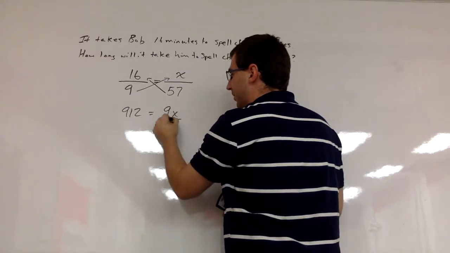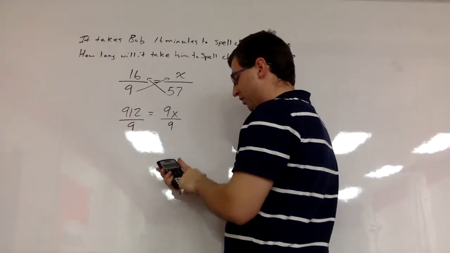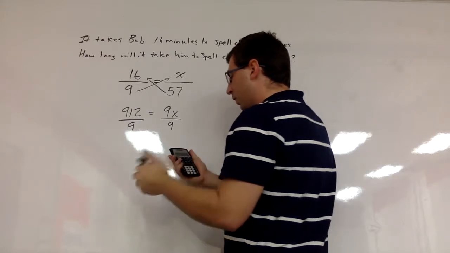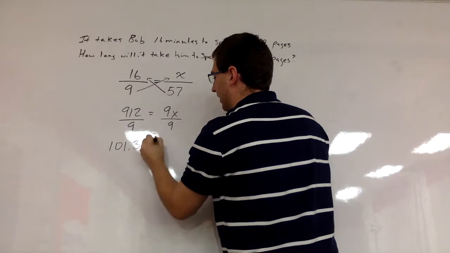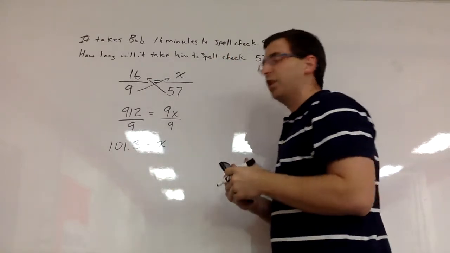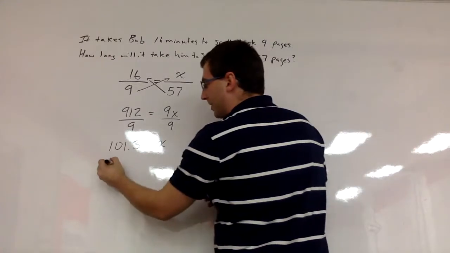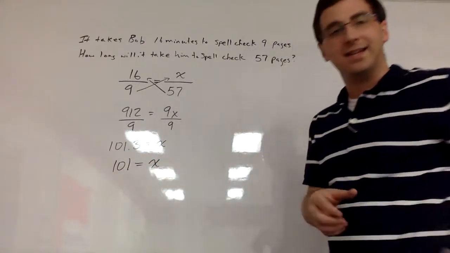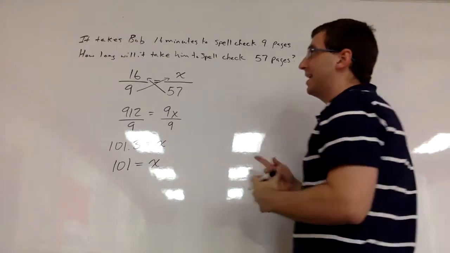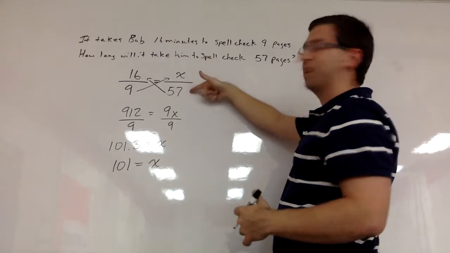So if we divide both sides by 9, well then we have 912 divided by 9, which gives us around the ballpark of 101.3 equals X. So the direction said to round to the nearest whole number, so that means we would have 101 equals X. Now what this says is that it's going to take him 101 minutes to spell check 57